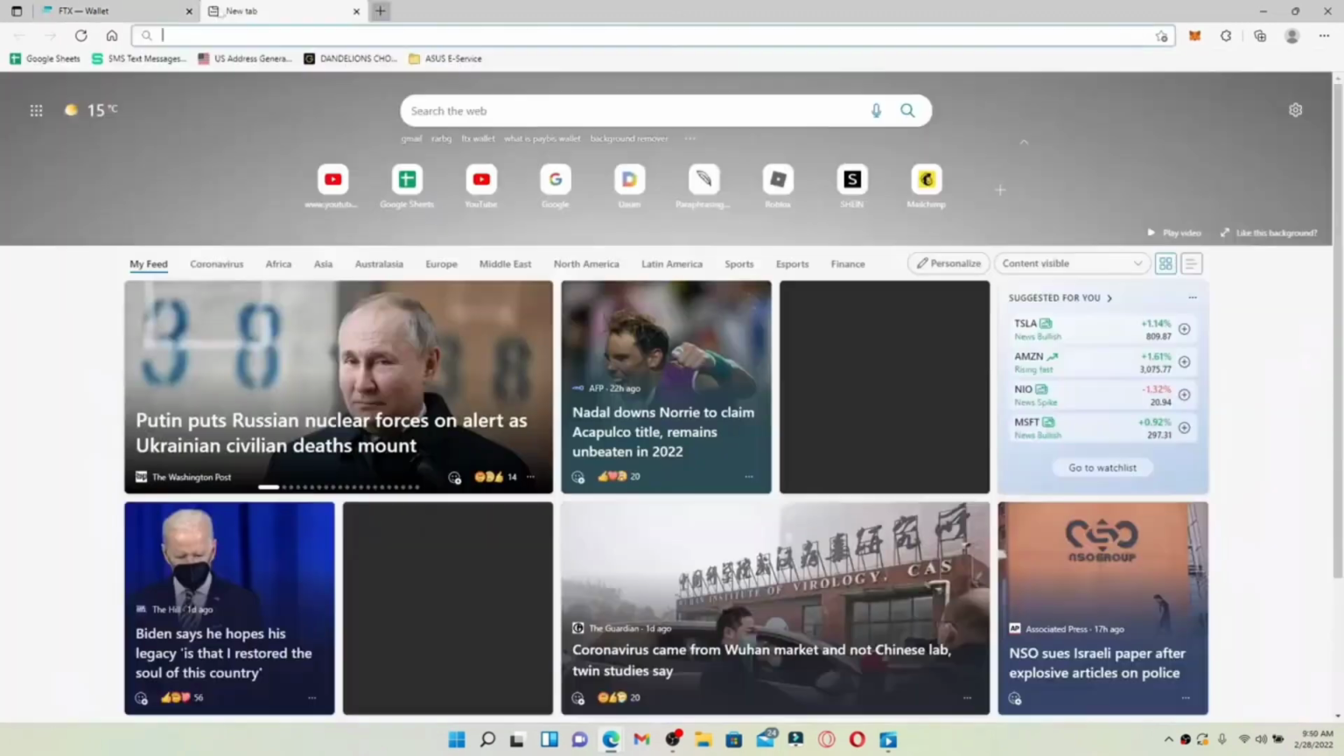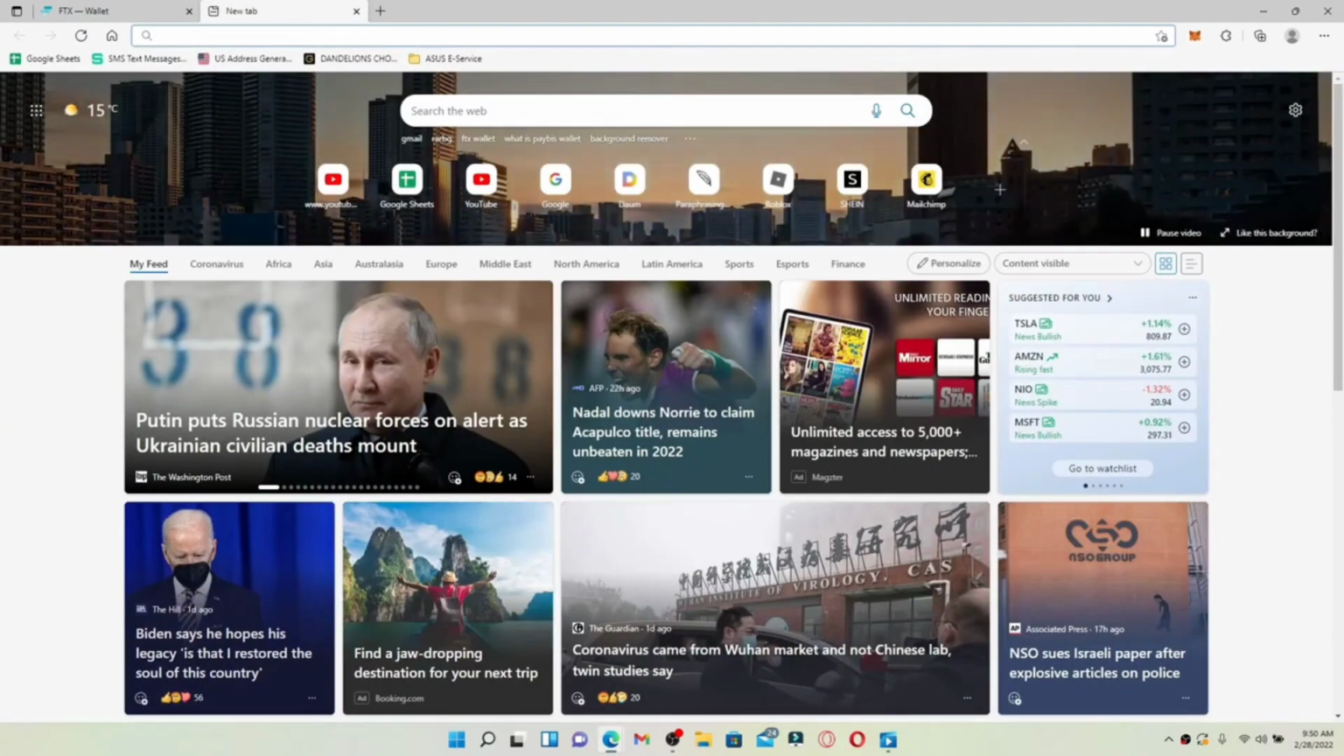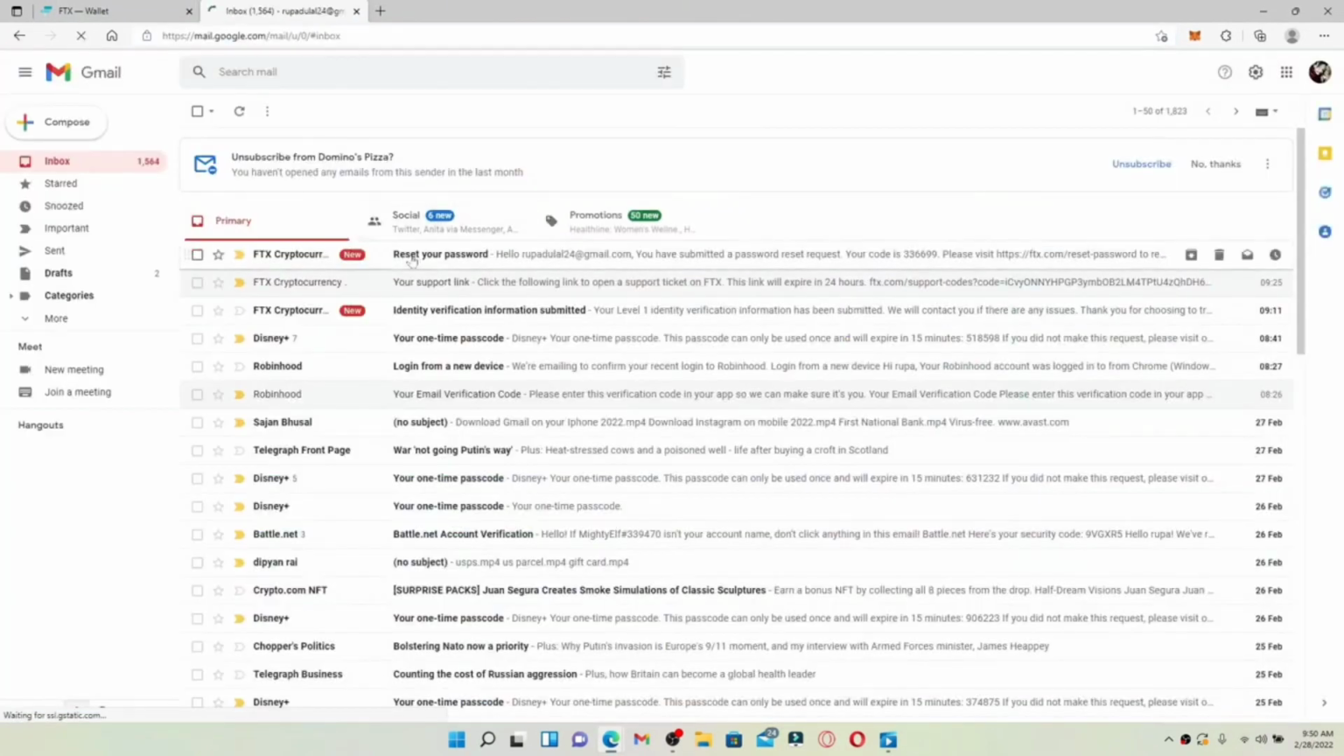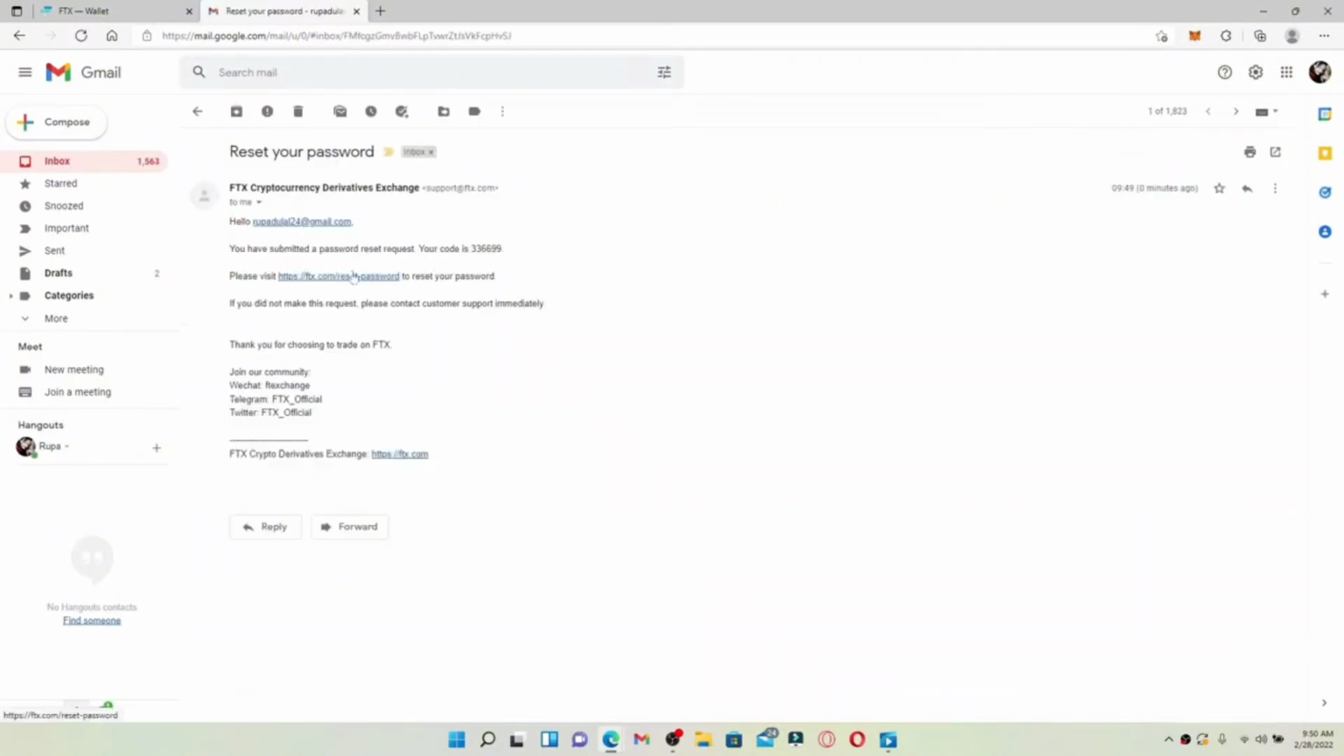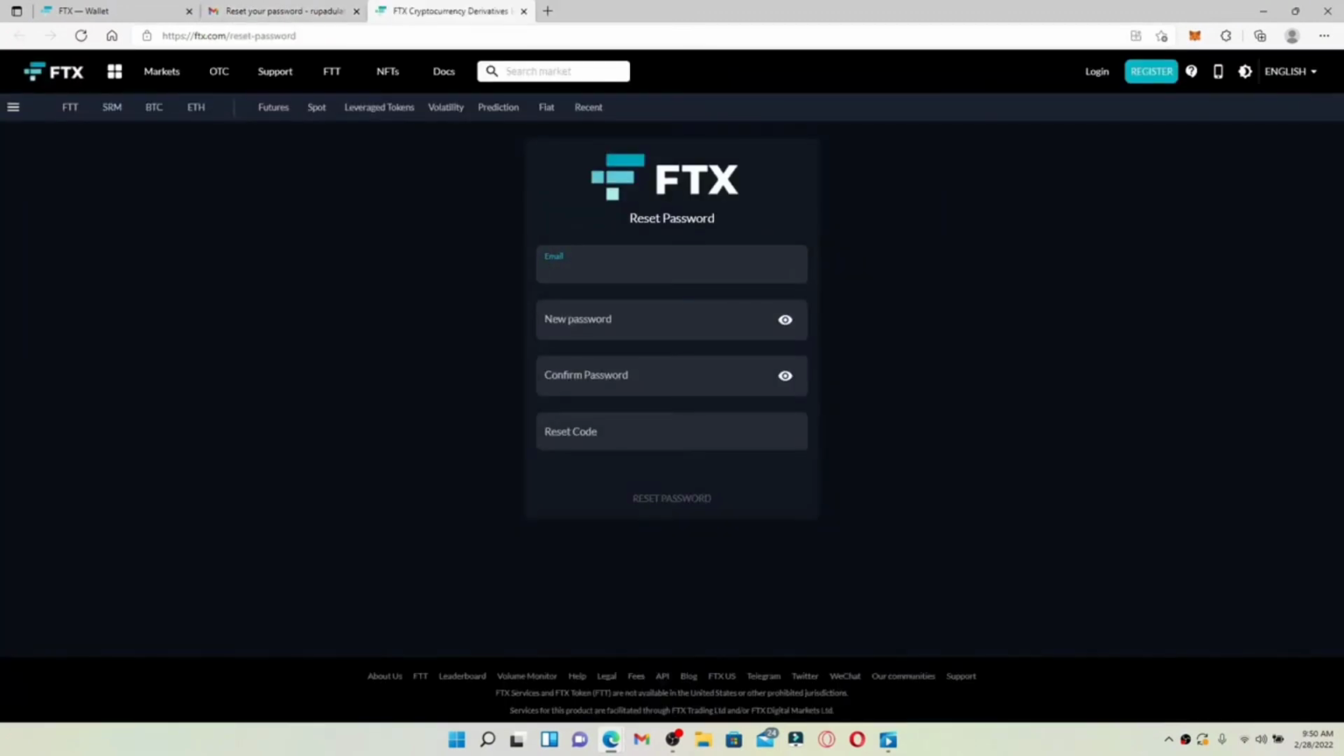Simply open up a new tab and then go to your email service provider. You'll be able to receive an inbox from FTX cryptocurrency. Click it open and click on the password reset link that appears on the screen. Type in the email address right where it says reset password. Make sure to type in the same email address that is associated with your account, and on the next field